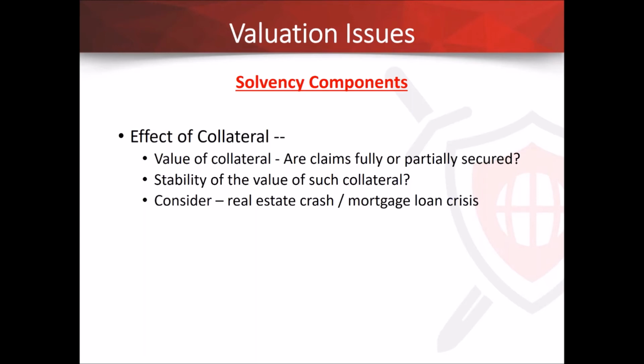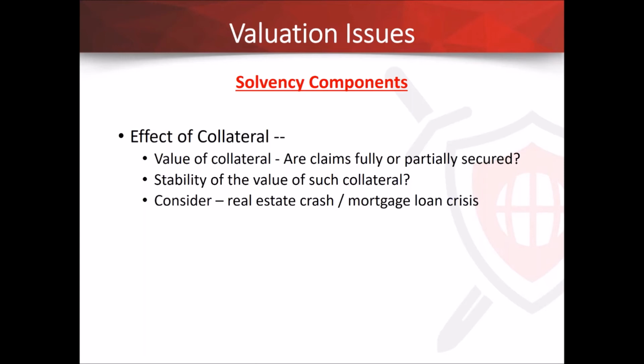When property values crashed by half or even worse, suddenly you had a $500,000 house with a $400,000 mortgage, and now the house is worth $250,000. People could never pay the mortgage to begin with. If the property forecloses, you end up with a deficiency judgment, and then the bank turns to the individuals to try and collect that, and the individuals have engaged in asset protection. What kind of defenses do they have?